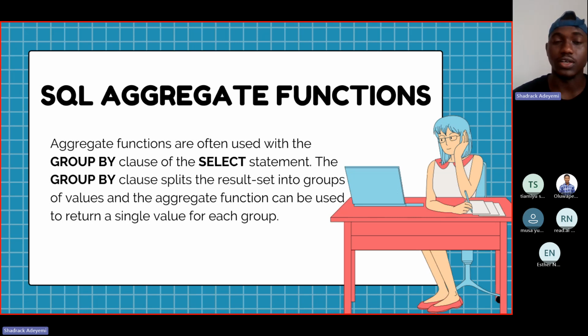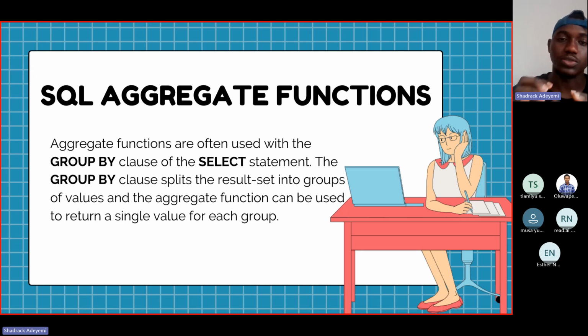So aside from the usual select and from statements, you would always have to include a group by clause, because aggregate functions, as we know, are trying to summarize, and a group by clause will help you set your data, or in a word, aggregate it to give you a single value based on the conditions that you have specified.